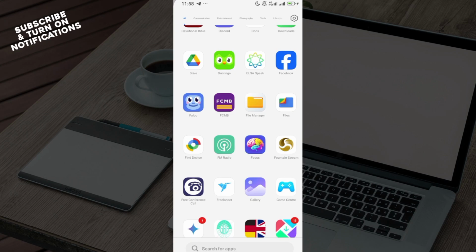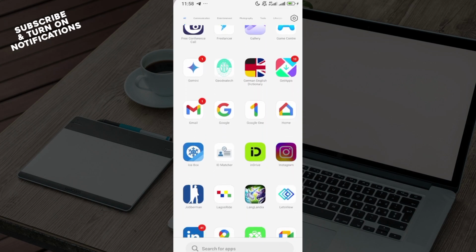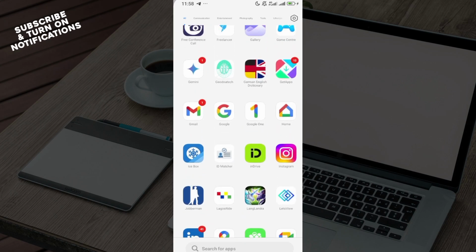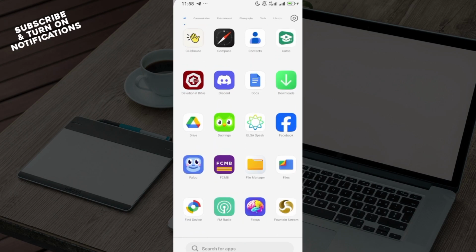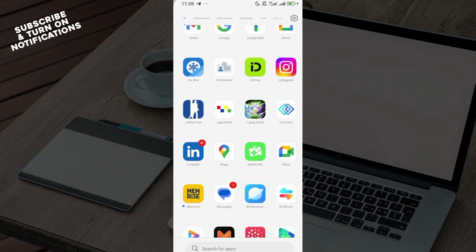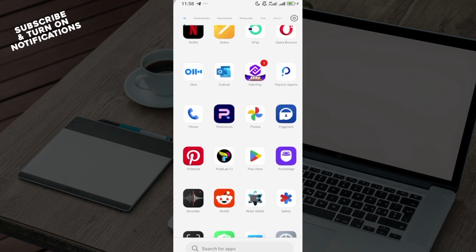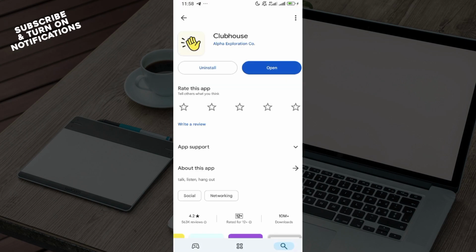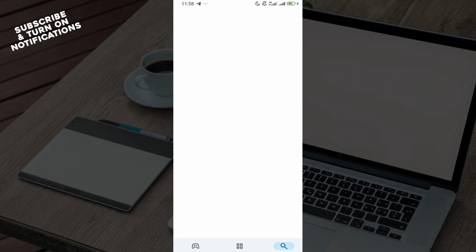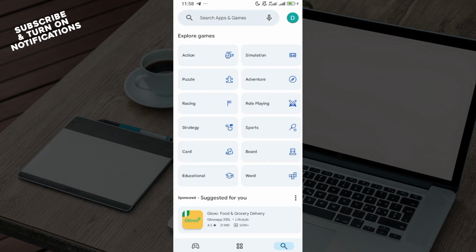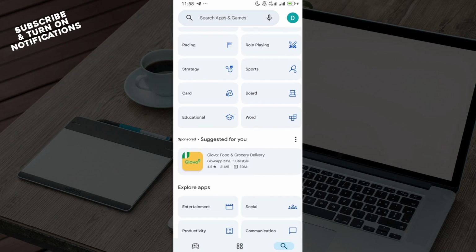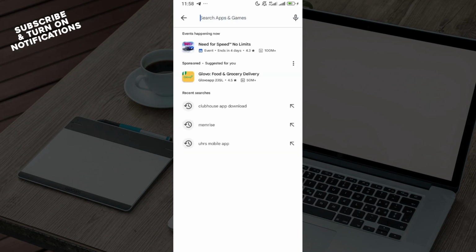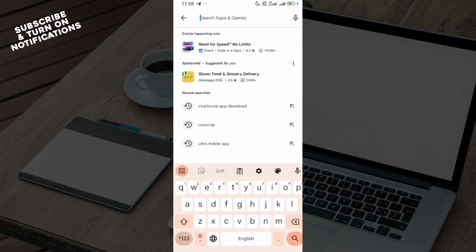The first step is to open your mobile device and then head over to the application store where you got your app. It could be your Apple Store, it could be your Play Store. For me, I got my Clubhouse application from my Play Store, so I'm just going to head there. So once you're in the home page, you will be brought to the page where you will see a number of games and move to the bottom right corner, click on the search icon, and then in the search box, type out